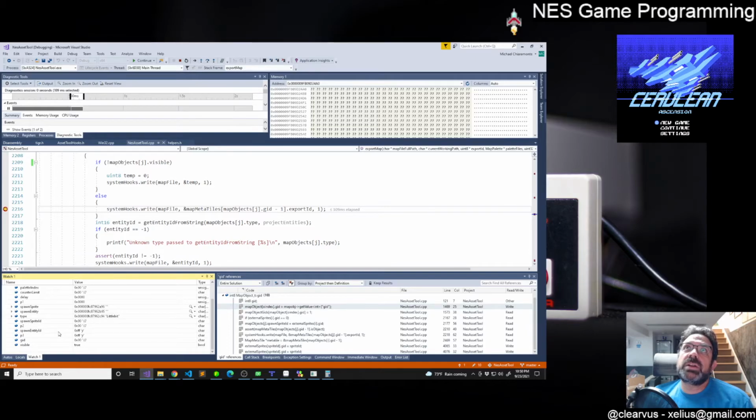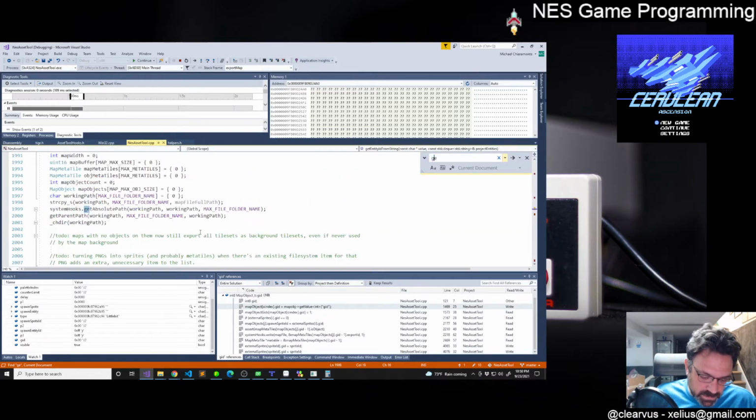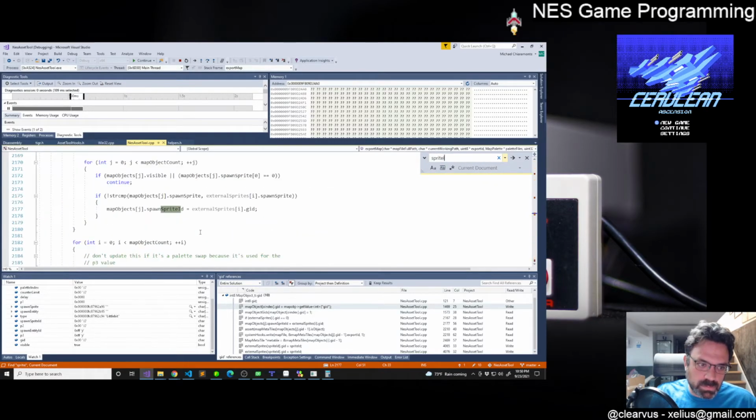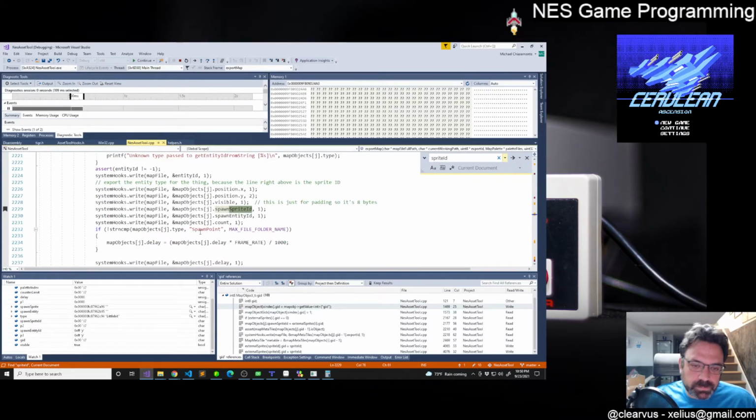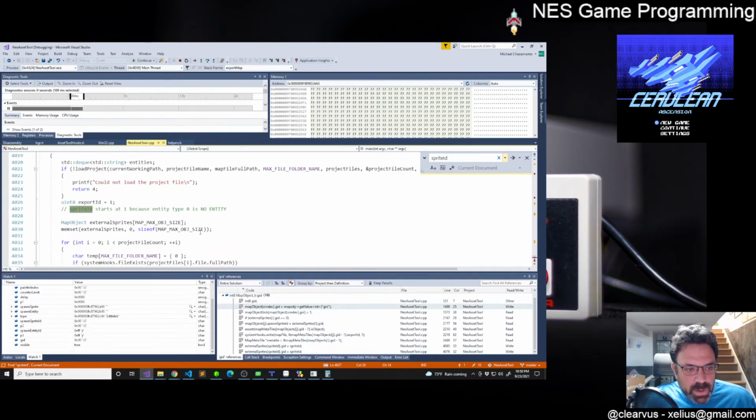The entity and the sprite are separate things. So I think what we probably need to do is, can we get the sprite ID from the string too? Get sprite. Somewhere